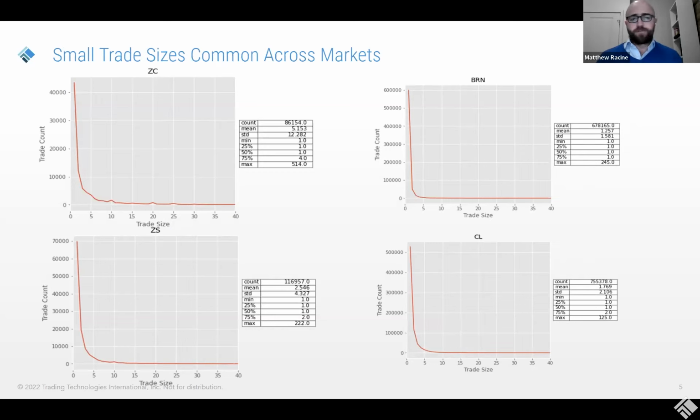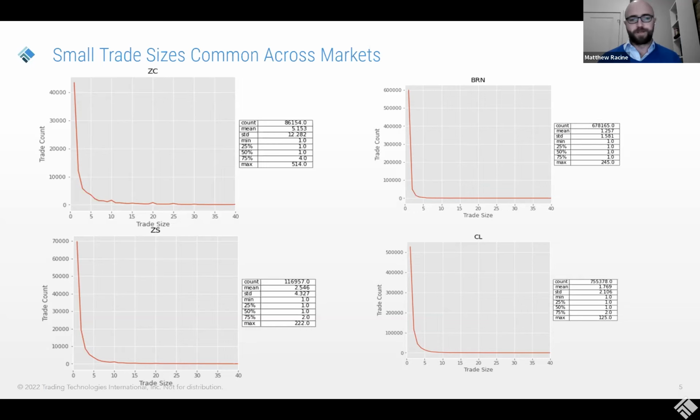So in terms of some quantitative intelligence and some of the things that we're looking at when modeling out how child order placement operates, and how we're forecasting how liquid a given market is, how we want to look at volatility, compare historical models to what's happening during the given trading day. We're looking at a lot of different factors, things like trade sizes, across time, across different buckets. So in terms of demonstrating just the importance of using tools like this and using the historical intelligence and randomization anti-gaming features, looking at several different markets across a variety of commodities,